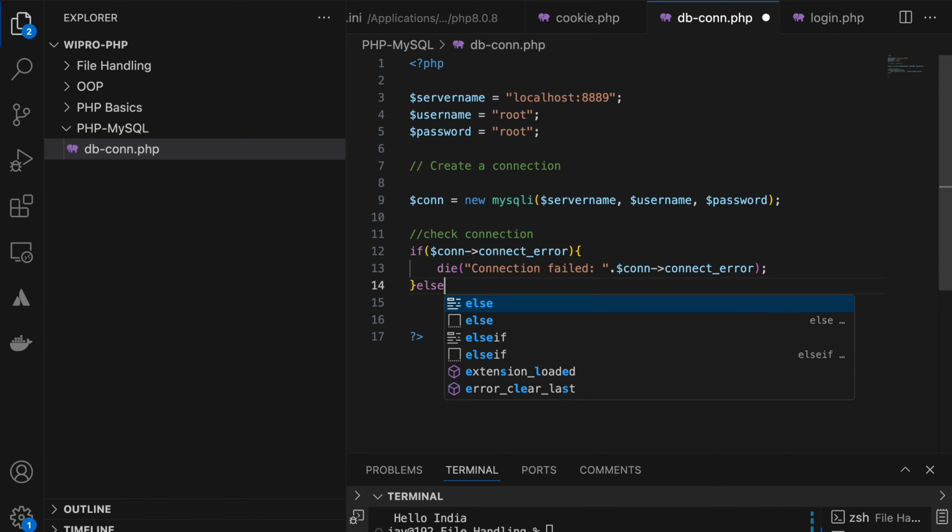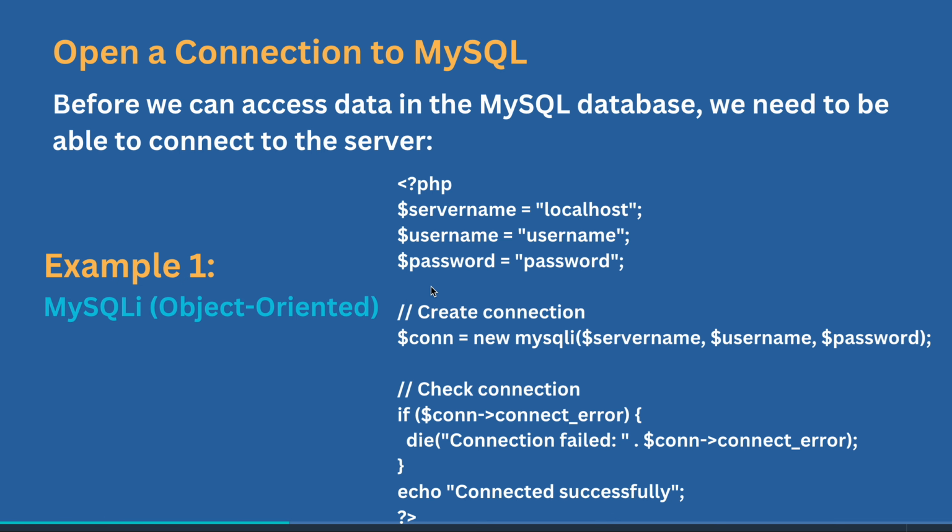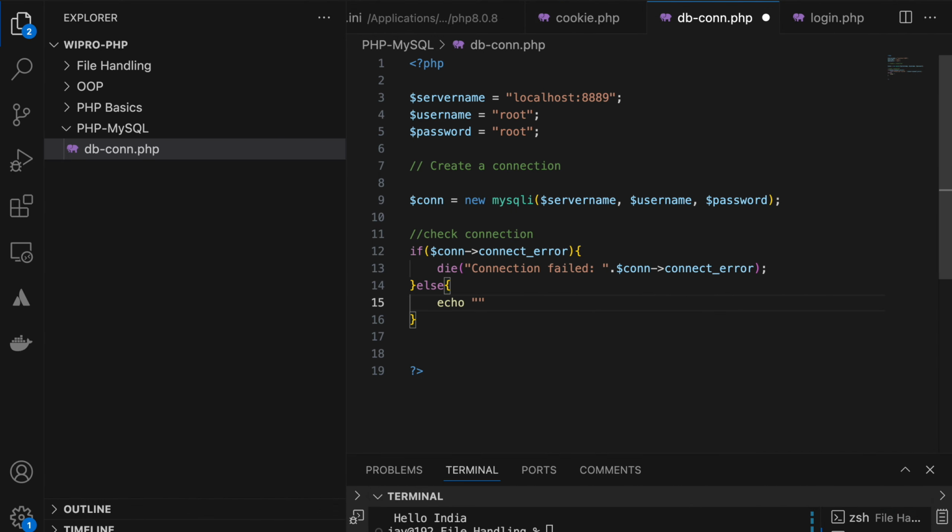Else, if there is no error, what does it mean? Connected to MySQL server successfully. Clear, guys?